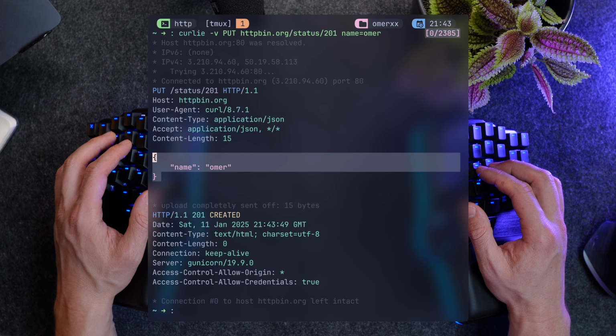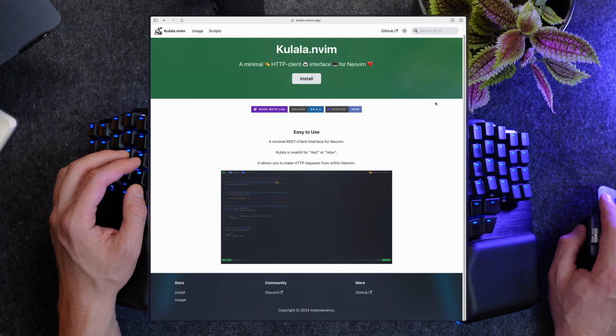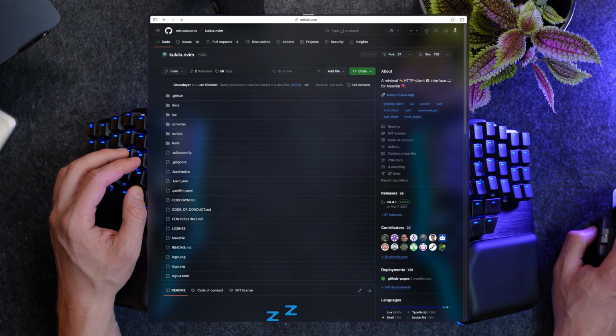Now, right before moving to the full-blown HTTP systems, I have to mention one side utility, Kulala nvim. I hope I'm making sense of the name. And by the way, it comes as a LazyVim extra. More about LazyVim in the video up here.